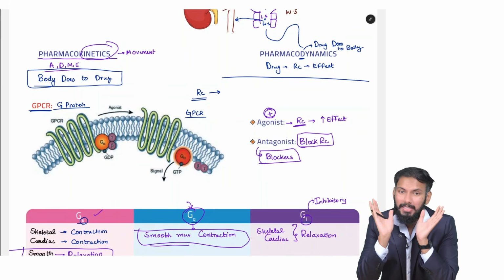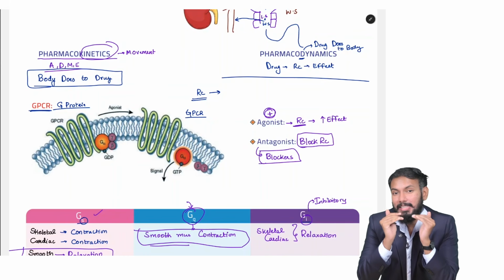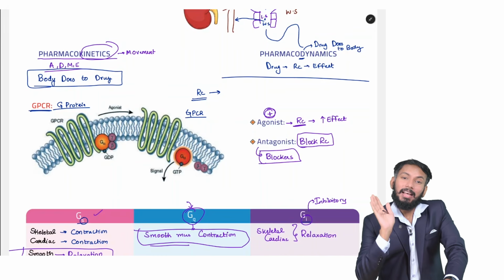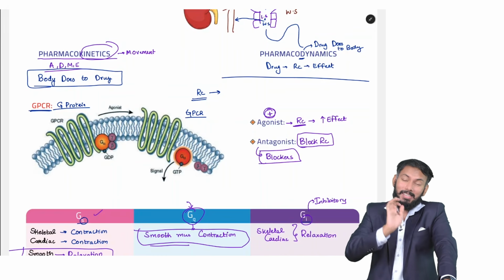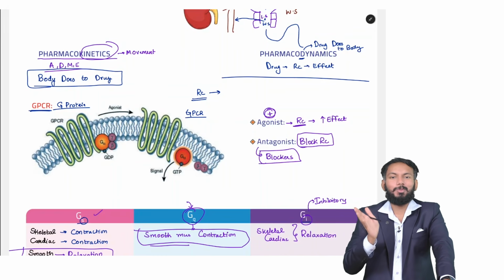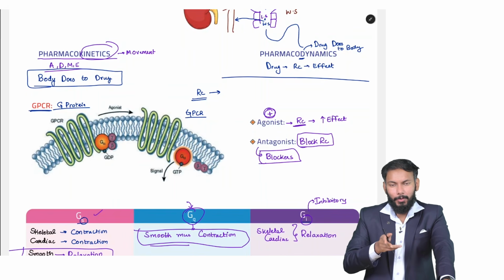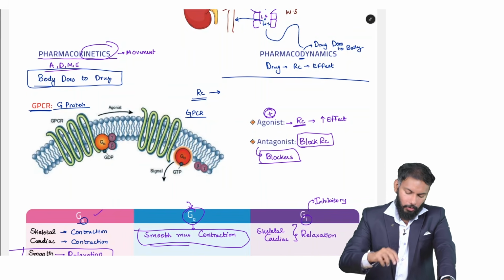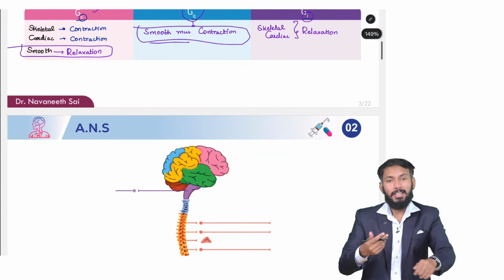Then I told you about the receptors GS, GQ and GI. GS will stimulate everything except for smooth muscle. GI will relax the remaining muscles. GQ will contract the smooth muscle. Now, an agonist is binding to the receptor and activating the receptor. An antagonist is blocking the receptor. That's all. So, if you understood this much,